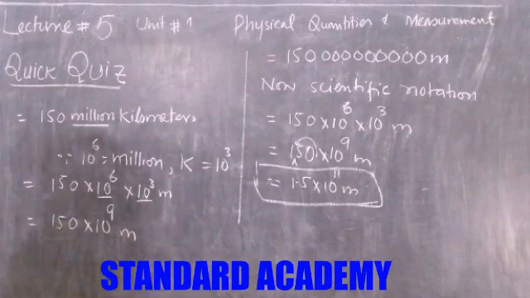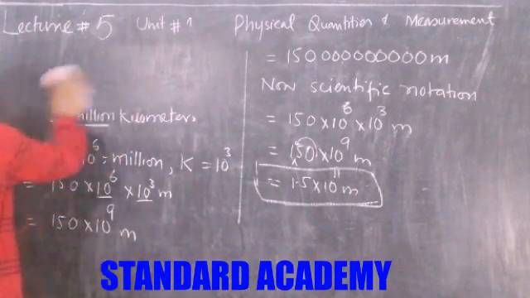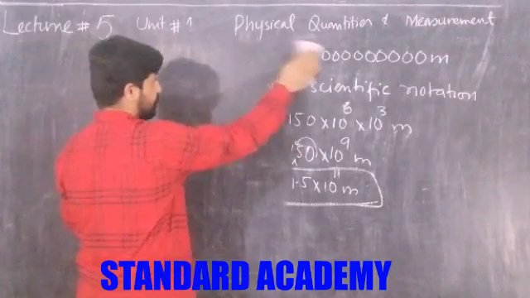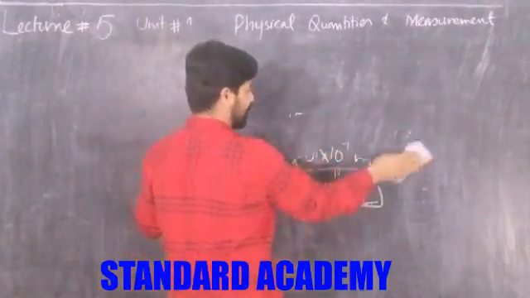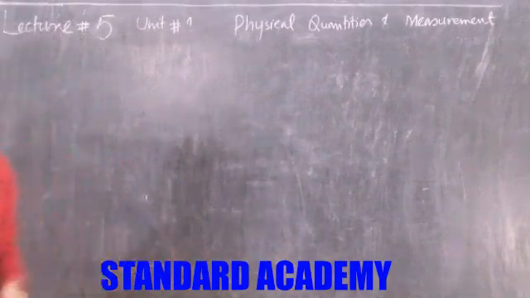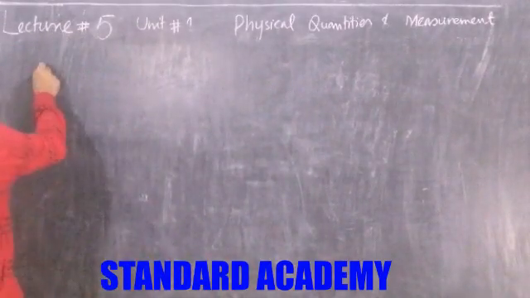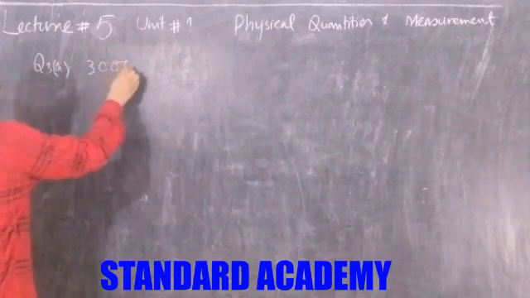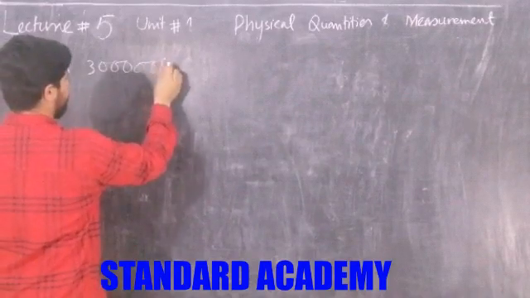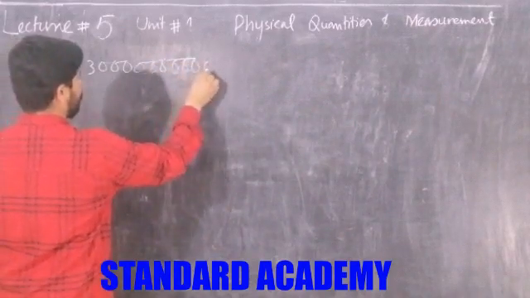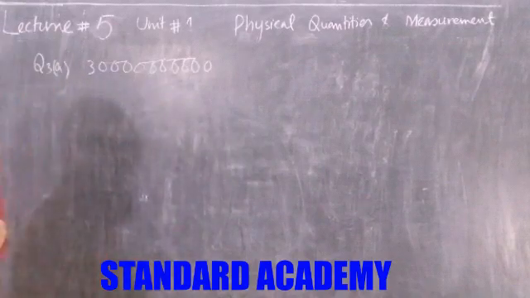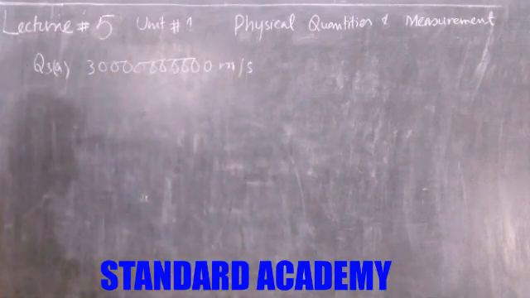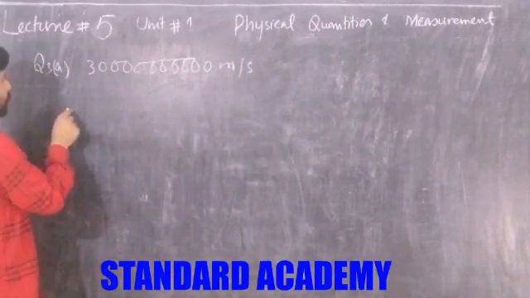And now question number 3 is, the terms are given and we have to write them in scientific notation. So the first term is, question 3 part A, 30000000 meter per second. So the speed of some object is given and we have to write it in scientific notation. So I can write as,